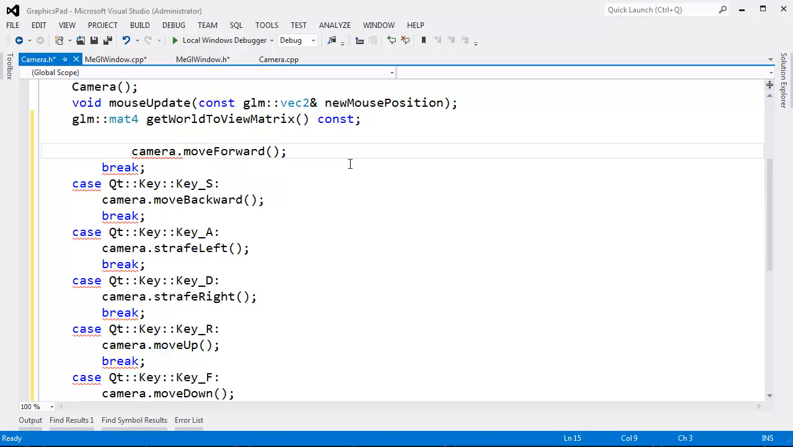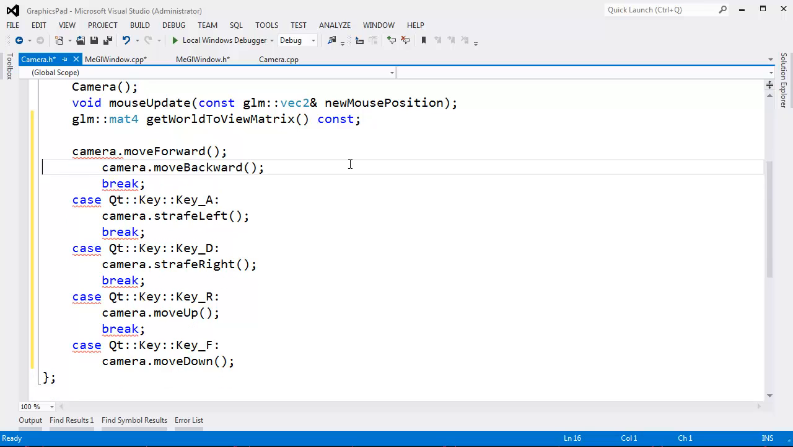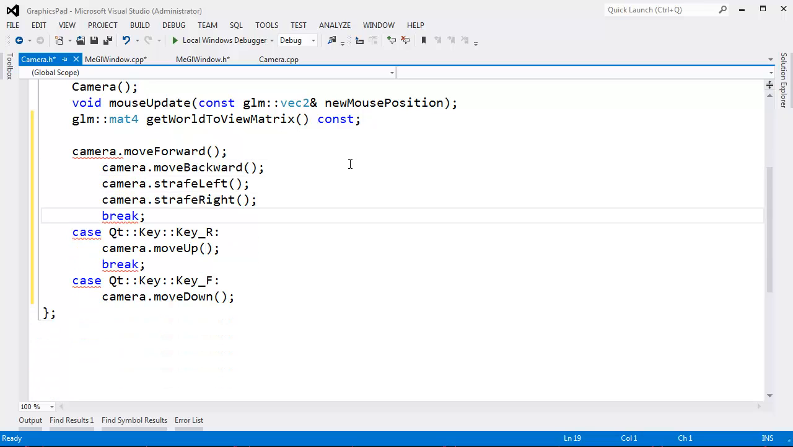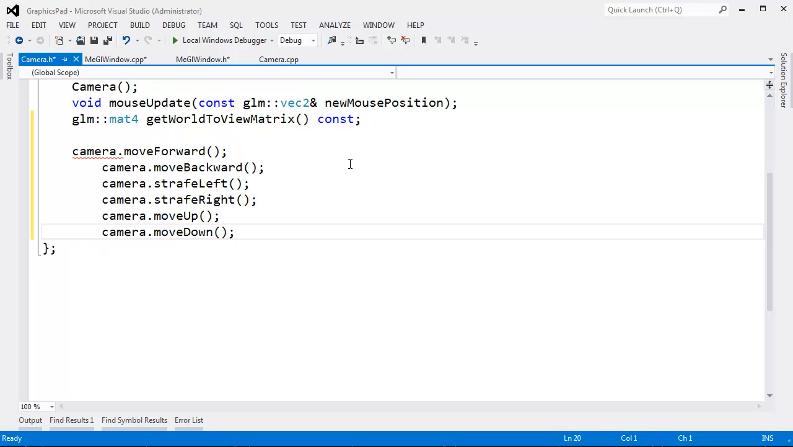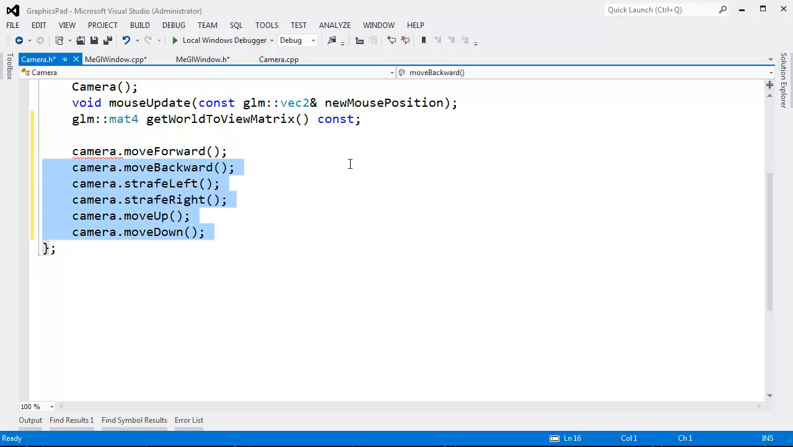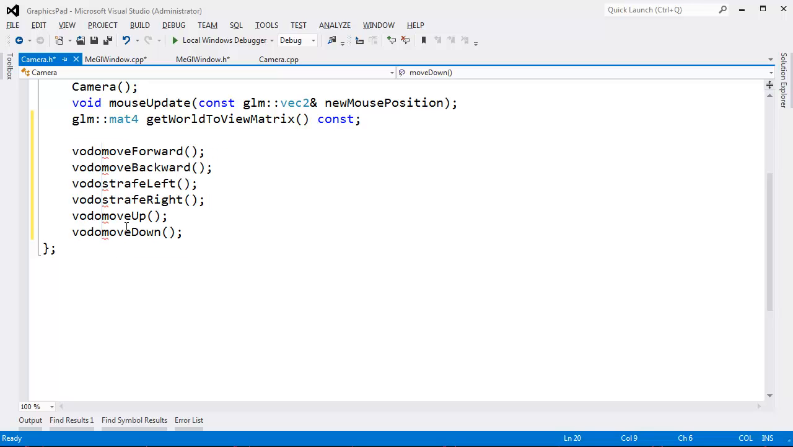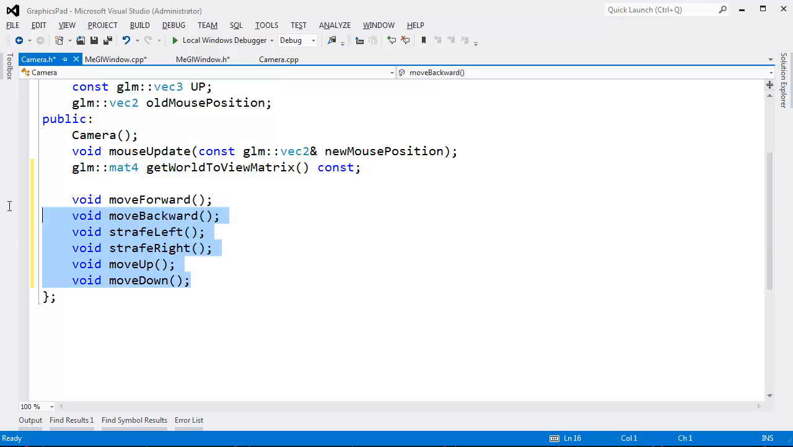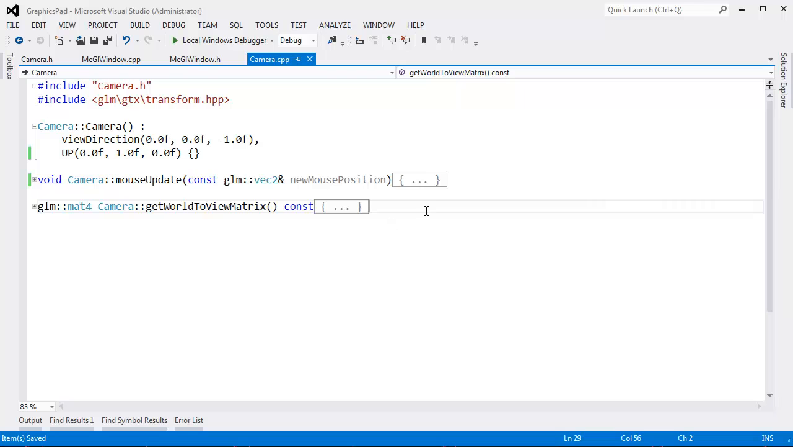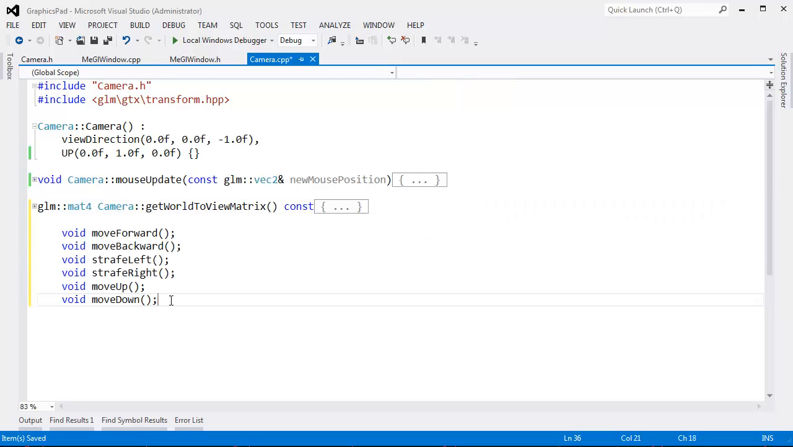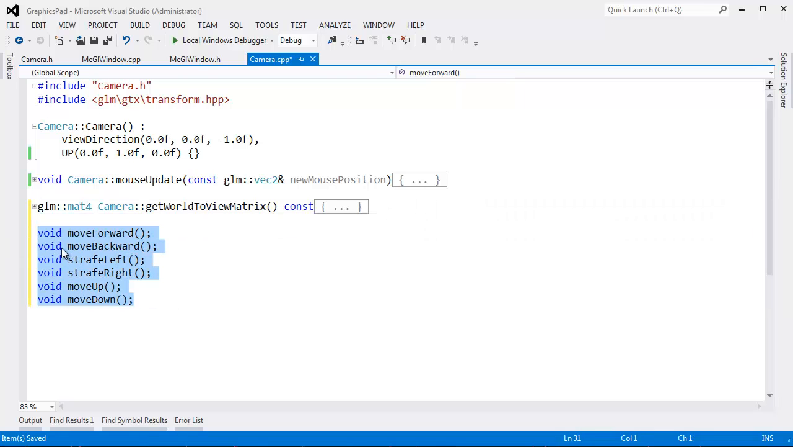I wish Visual Studio 2012 supported macros, because that would be really useful right now. If you go look at my Visual Studio macros video, you'll see why. At least I can do an alt drag here, void, and we already have the semicolons, so we should be good. Let's implement these in the camera CPP file, and highlight, shift tab, alt drag, camera, :